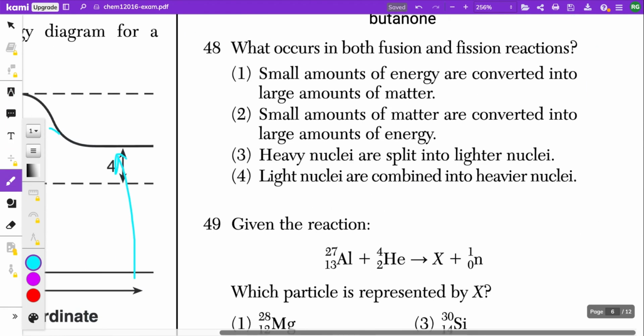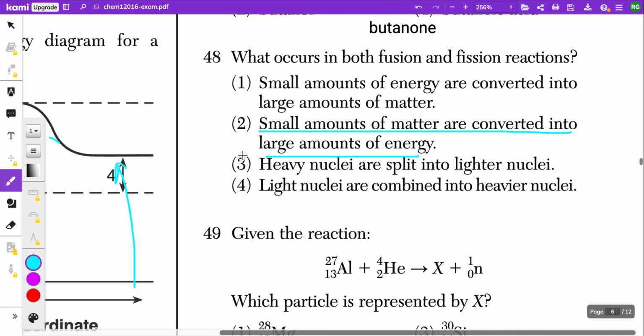What occurs in fission and fusion reactions? Well, it's just that small amounts of matter are converted into large amounts of energy, right? That's what's happening in fission and fusion reactions. You have a little mass, but with that little mass, you're able to convert it into large amounts of energy. Fission's what happens in